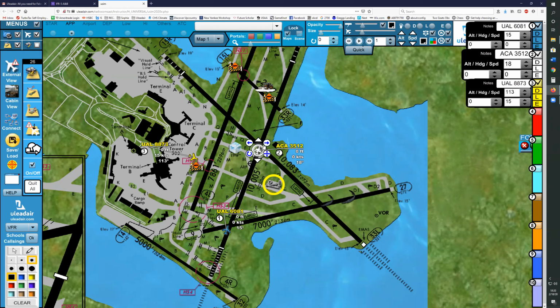"Air Canada Tower, American Tower, Air Canada 3512, we haven't already stopped in the runway. Can you exit in the next taxiway, Romeo?" We'll assume that you were told to exit at the high-speed Yankee, and you're just telling them we are just now exiting, or we're just getting off the runway.